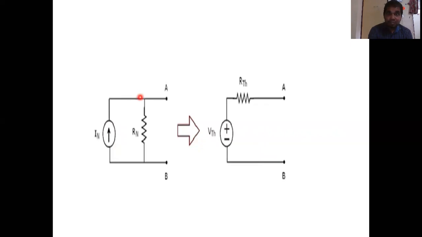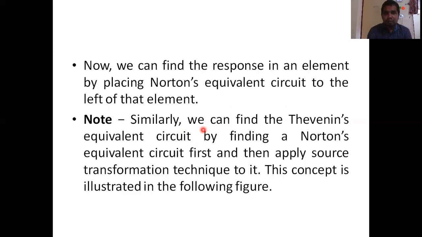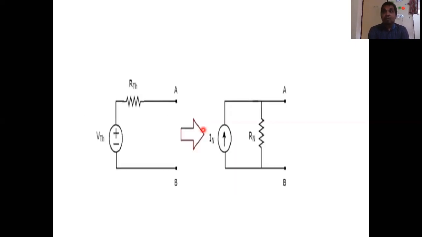Similarly, with source transformation, if you have the Norton equivalent, then you can determine the Thevenin. How? The parallel current source with the Norton resistance can be converted to a series voltage source with a series resistance. The resistance remains the same. You need only the voltage. Voltage equals what? V equals IR. That means the product of these two will give the VTH. That's all. So simply keep in mind, if you know the Thevenin equivalent, you can convert it into the Norton equivalent, and if you know the Norton equivalent, you can convert it to the Thevenin equivalent. Simple. This is called source transformation.